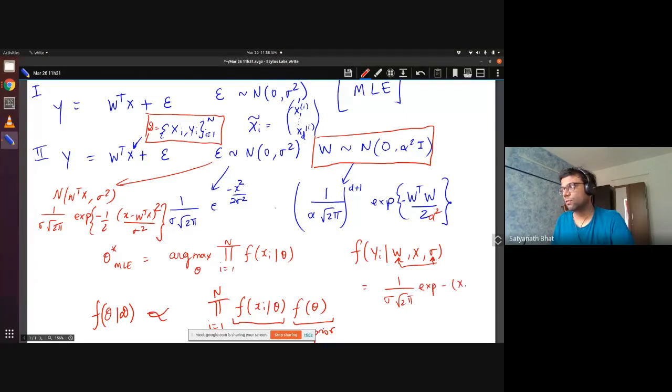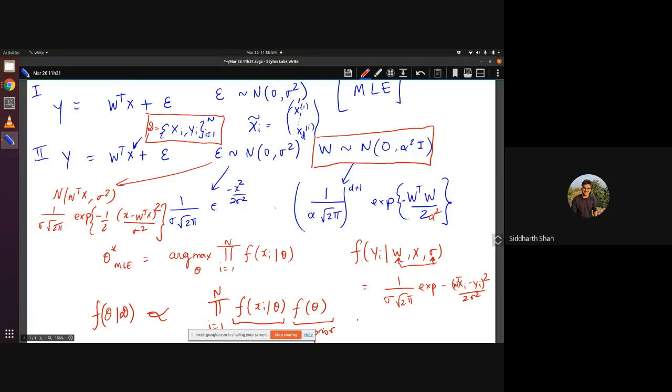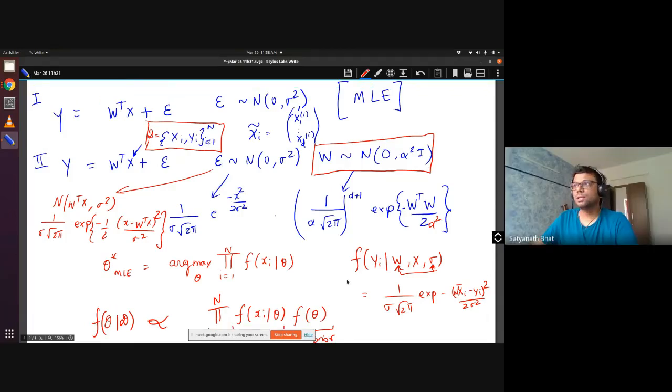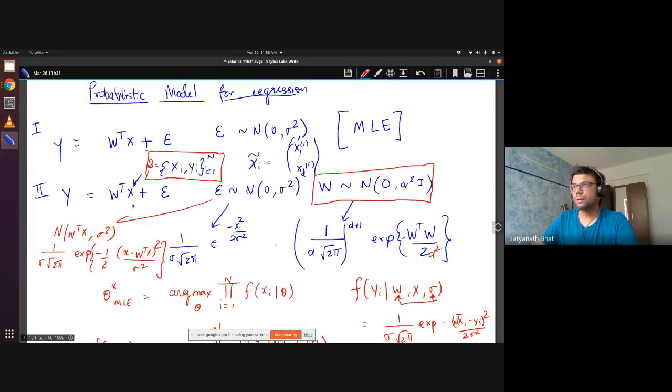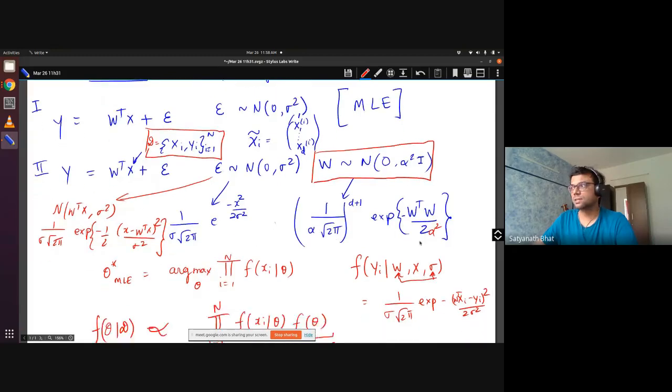I don't totally follow where your problem is, but I will just explain. You let me know if this makes sense. You followed this from yesterday? Because epsilon is zero mean with variance sigma squared, W transpose X is a constant as far as this expression is concerned. So you are displacing something with a constant. What was zero mean will get W transpose X as the new mean. And if I am asking what's the probability of seeing a certain yi, this is what it will be, no?